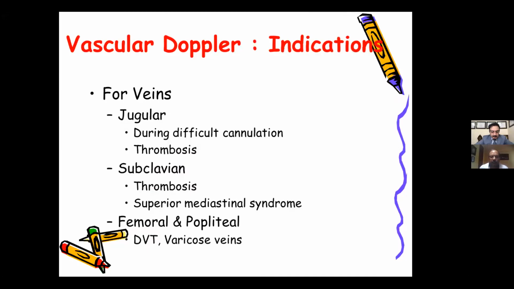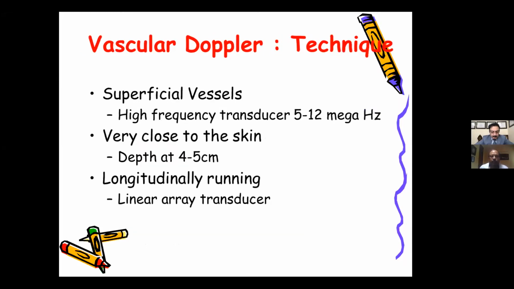My previous speakers have done a good job talking about so many things about vascular Doppler, both arterial as well as venous, so I'm not going to go close to them. The only fact I would like to say is that carotid is a very superficial vessel. We need a very high frequency transducer, which is very close to the skin, and depth is hardly a few centimeters. And we scan both in long axis as well as short axis view.